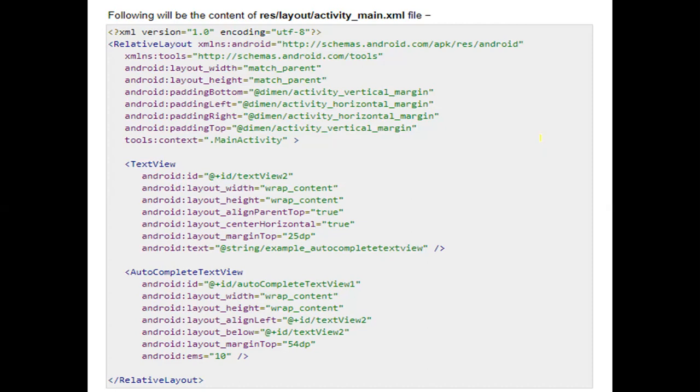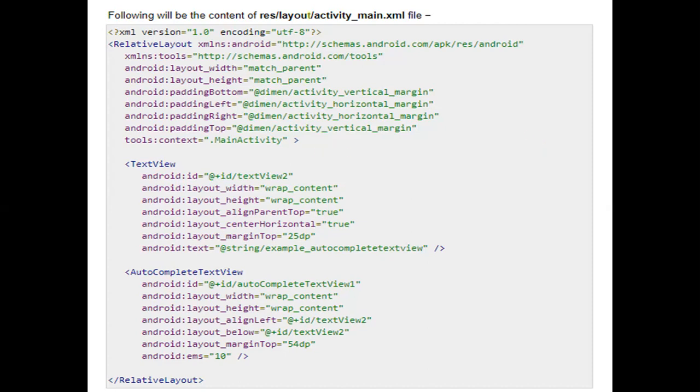Or there is another way: after going to the activity_main.xml file, you can type some lines in your code to change your design. So there are two ways to change your design. Either you can set properties in your design layout, or you can add some lines in the activity_main.xml file. So here I am going to enter some lines in the activity_main.xml file rather than going to design view.